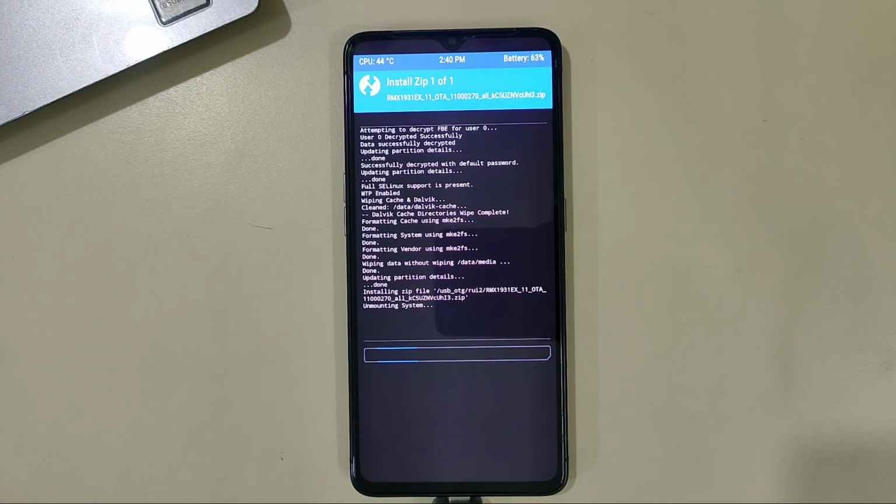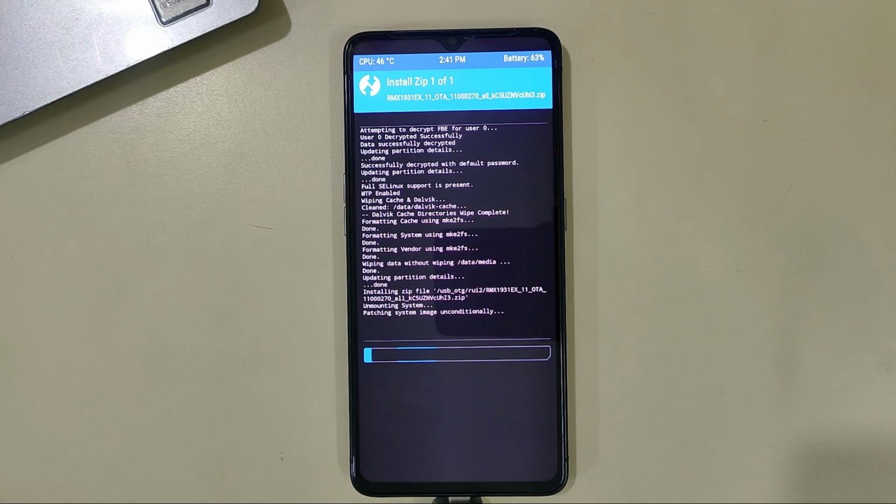As you can see, now Realme UI 2 will get flashed. Now we have to just wait for it. When you are installing, it will take some time, as it has to decrypt the OZip file and then convert it to the zip, and then it will install. That is why it will take some time.